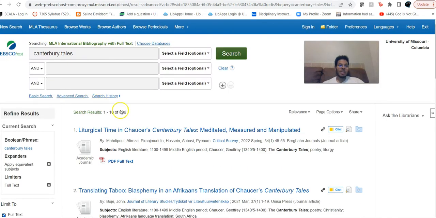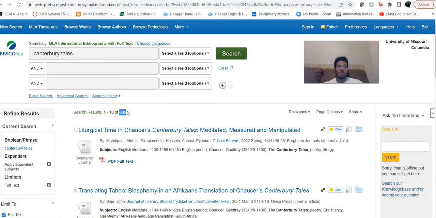And as you can see, that took us all the way down from about 6,000 things to about 886 things. So we lost nearly 5,000 results on this, okay? And so that is a big deal. Like I said, this is kind of, well, I wouldn't say it's an index, but still, a lot of the databases that purport to be indexes, a lot of times they won't have that full text right there in the database, and you'll have to use Journal Finder or Interlibrary Loan or something in order to